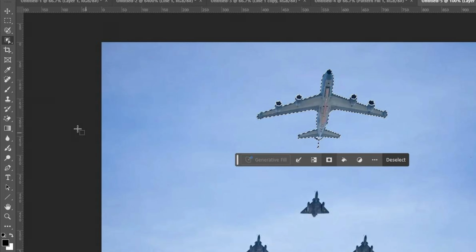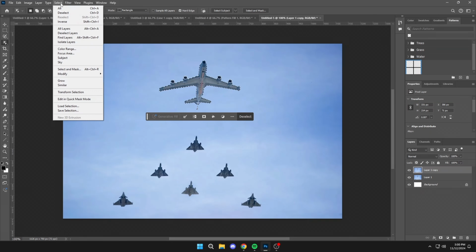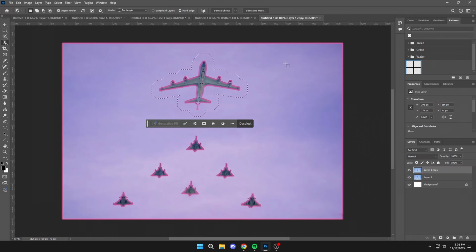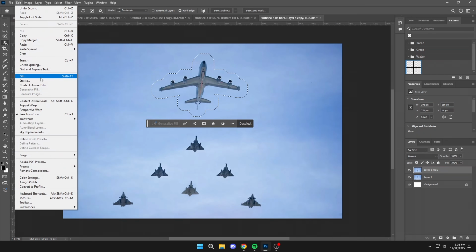Or you can also try with the free selection tool in case you don't see what you want to delete. Then we will go to Select, Modify, Expand, and here we will put 30. Now we will go to Edit, Content Aware Fill,